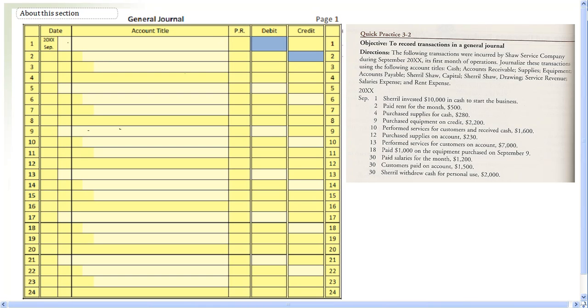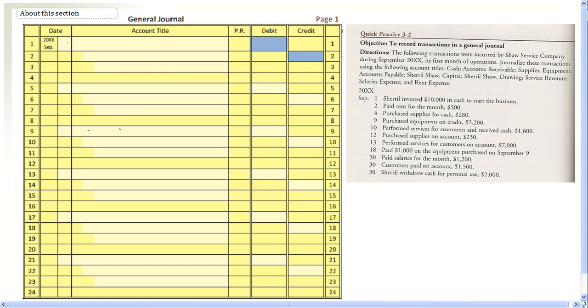The PR column is referring to posting reference. When you actually post these numbers into the general ledger or T account, you would keep track of what account numbers those went into there. So we're not using account numbers in this example, but let's go ahead and take a look at the first